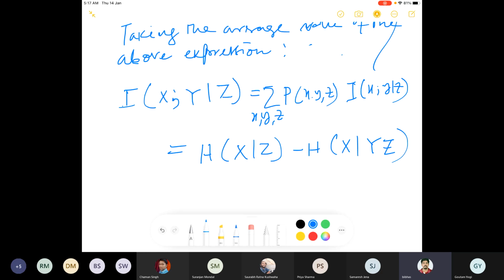Okay, so this is homework. This is the entropy of x given z, the entropy of the conditional random variable x given z, and this is the conditional entropy of the conditional random variable x given y and z. Okay, so this is one kind of relationship which you will get, and I can actually define many of